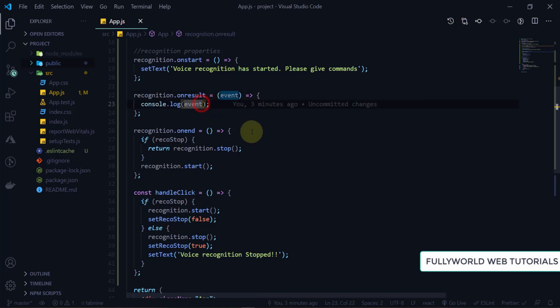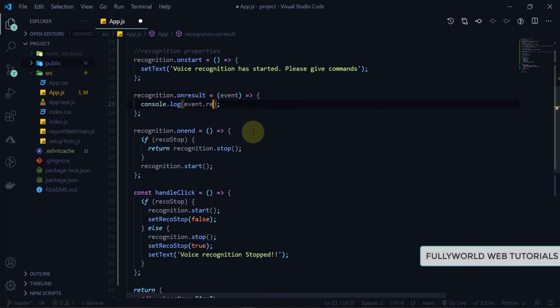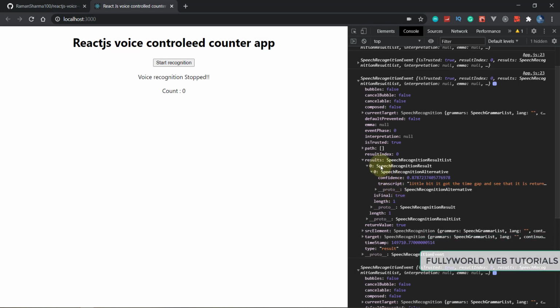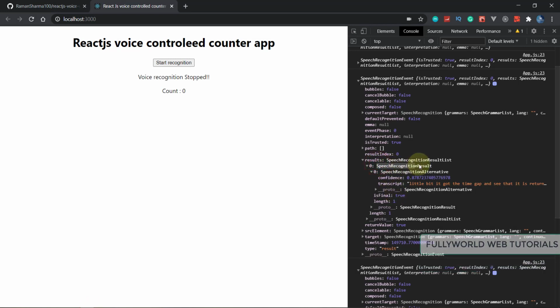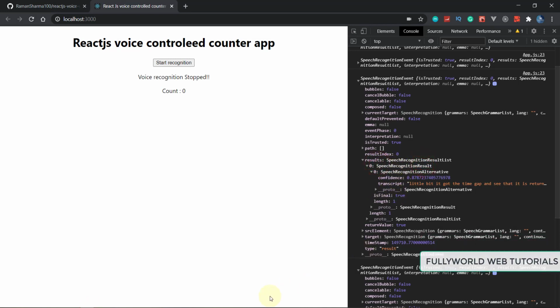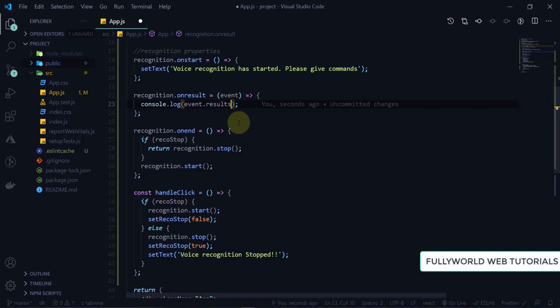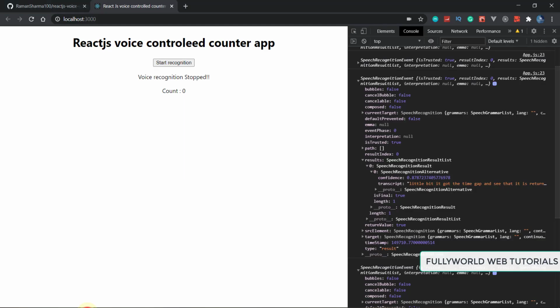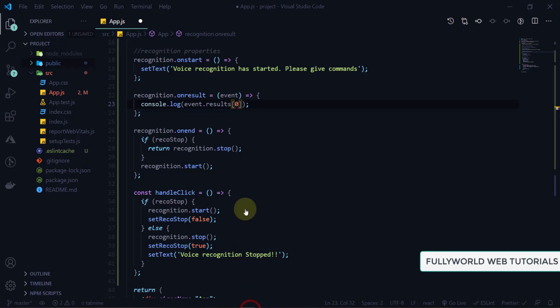So console.log event.results. So event.results here, and after the results, in the results there is our array here. So I'm going to write 0 here. So save this and let's see what we are getting. Sorry for the background sound.